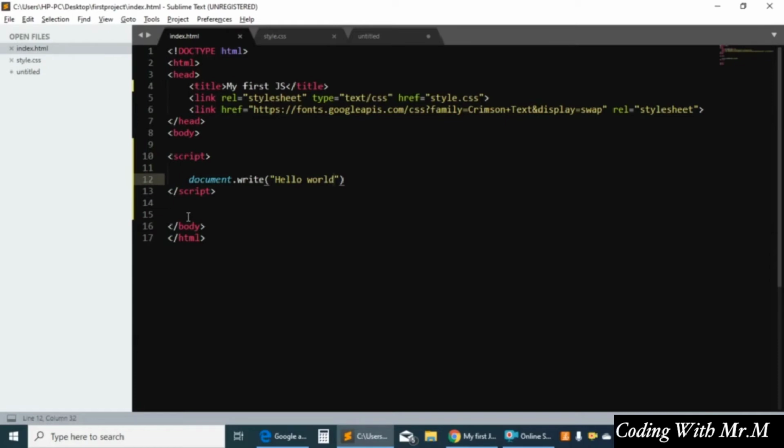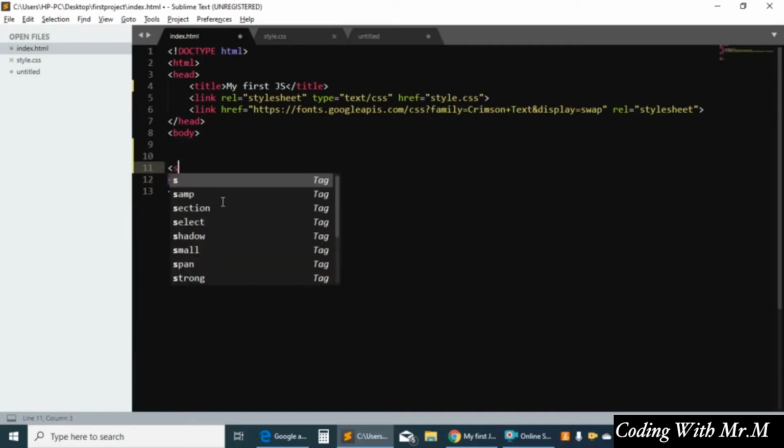So the script tag is the normal way we can write this script tag, but I will delete that completely because that's not a good practice, using some JavaScript in your project. But what's the way? The way is